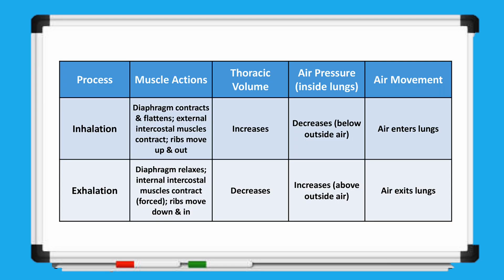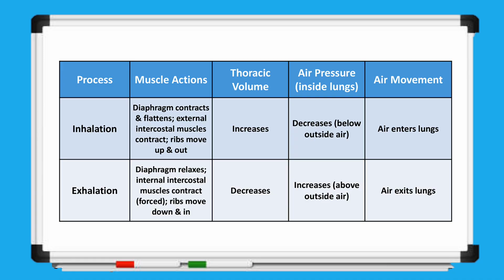To sum up, we have this table here. As we can see, the table clearly compares inhalation and exhalation in terms of muscle actions, thoracic volume, air pressure, and air movement. During inhalation, the diaphragm contracts and flattens, while the external intercostal muscles contract, pulling the ribs upward and outward. These coordinated actions increase the volume of the thoracic cavity. As a result, the air pressure inside the lungs decreases, becoming lower than the outside air pressure. Because air naturally moves from a region of higher pressure to a region of lower pressure, air flows into the